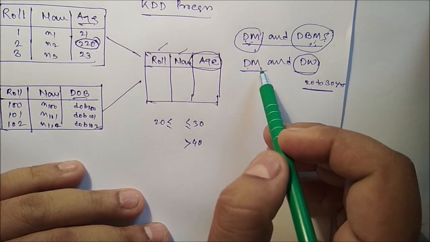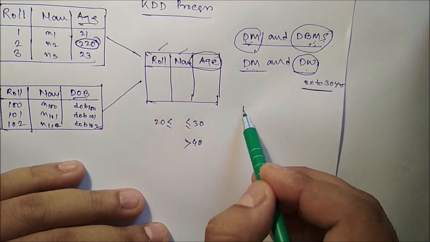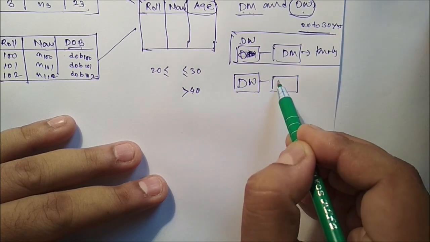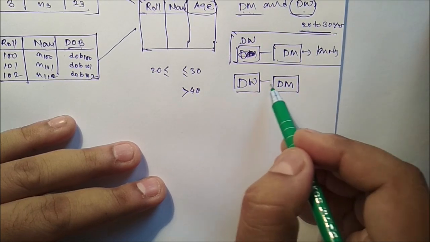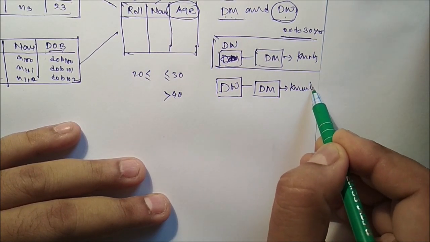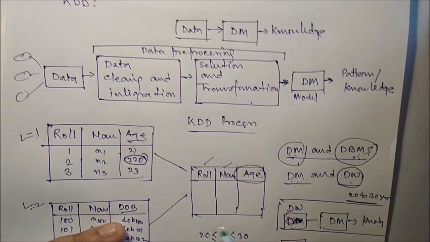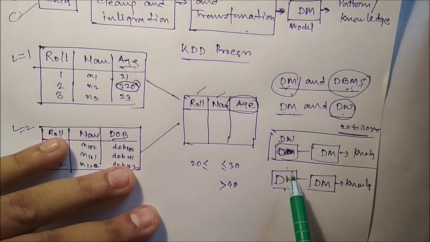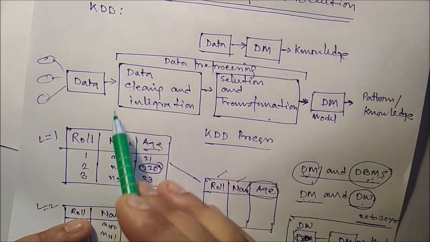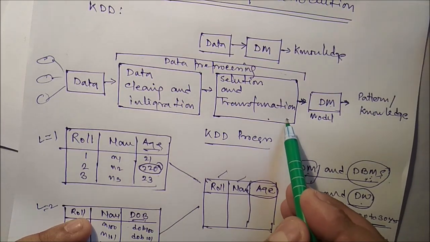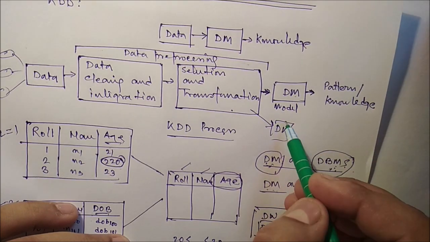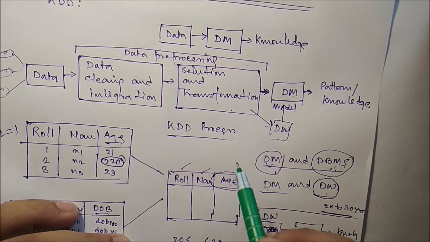And what is the relationship between data mining and data warehouse? In the data warehouse we store the old data, and data mining extracts and uses data from the data warehouse and generates knowledge. In the data warehouse we store clean data. That means the cleaning process has already been completed, and after that we store data in the data warehouse. So if we use a data warehouse, data mining can collect data directly from it.